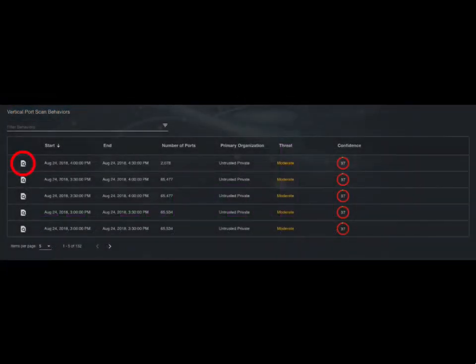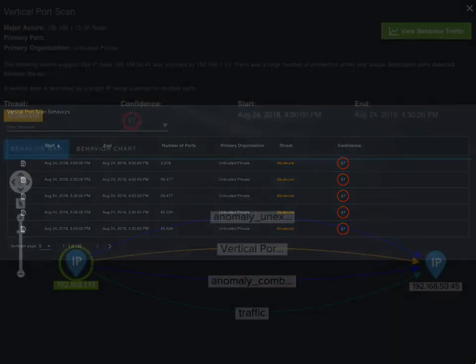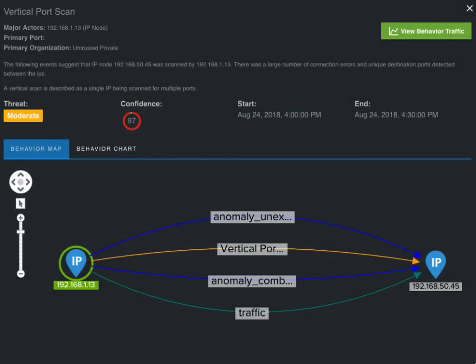At the bottom of this window we will find a table of vertical port scan behaviors. Click on the first behavior to examine it in a drawer that pulls out from the right. This drawer shows the data flow map of this particular behavior. 192.168.1.13 is the major actor and 192.168.50.45 is the target being probed. The map shows the components of the probe,